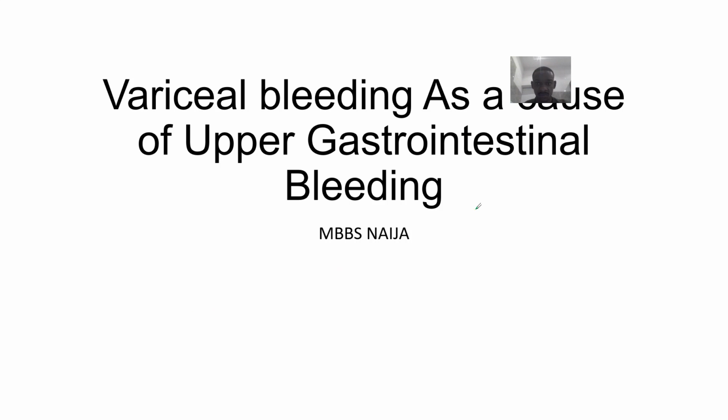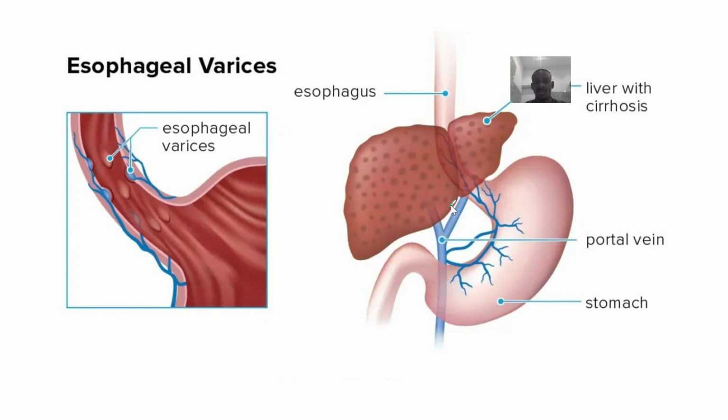All right, so we're looking at yet another cause of gastrointestinal bleeding. That's upper gastrointestinal bleeding. So this is variceal bleeding. Okay, so variceal bleeding is more of like